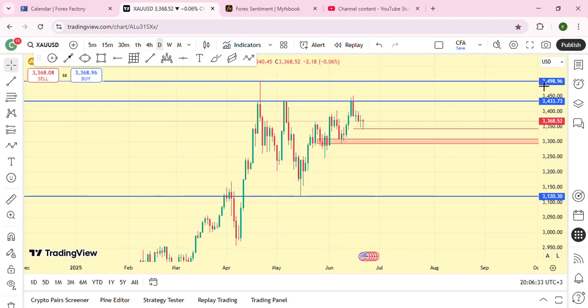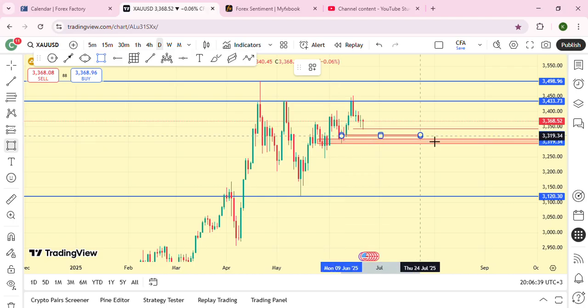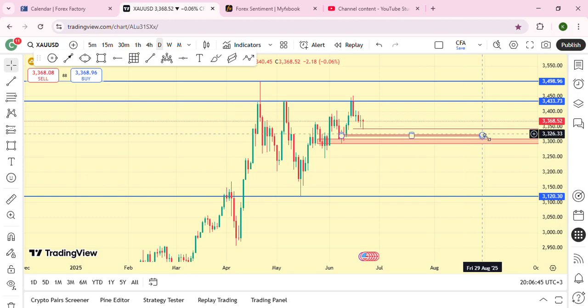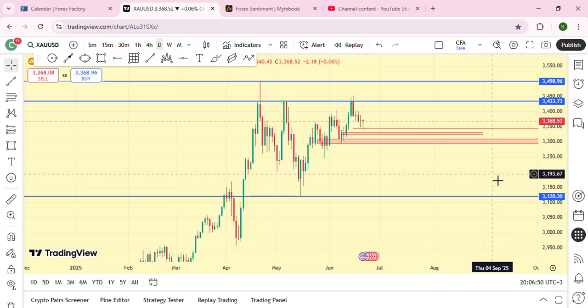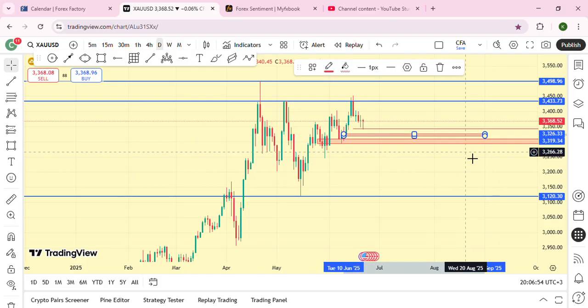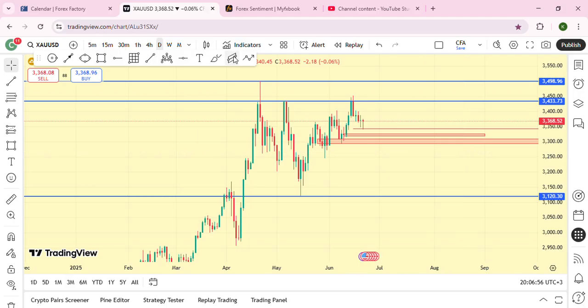For the analysis I had shared last week, I was watching this certain order block over here. That was a point of interest for me, of which the market failed to come to the exact point, and then it began to reverse. So at the open of this week, maybe the market can decide to come, hit the point, and then go up.